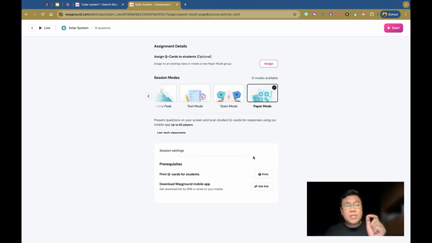The first thing here is you need your cue cards. Every student gets a unique printed reusable cue card. Where can we get that? From here. You click on the button which says print cue cards for students.